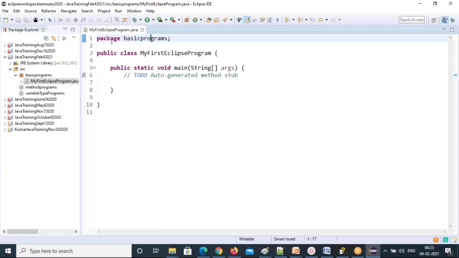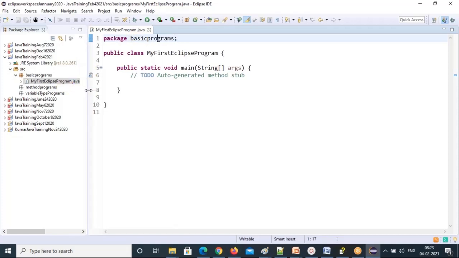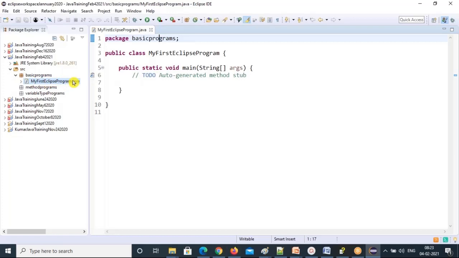Then you have, can you see here, your class naming convention? Class name dot Java. Yesterday I told you, the Java file extension is dot Java. Any Java file has the dot Java extension. If anybody asks, you can say your class name dot Java. This is the class name. How can you identify your class name? The class keyword, and after it the class name. This is the class name you have given.